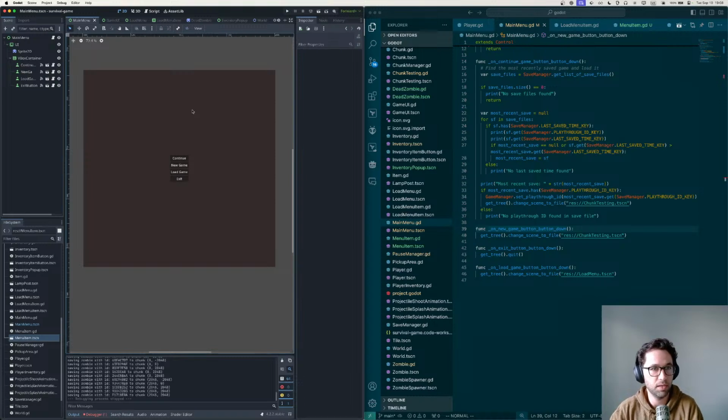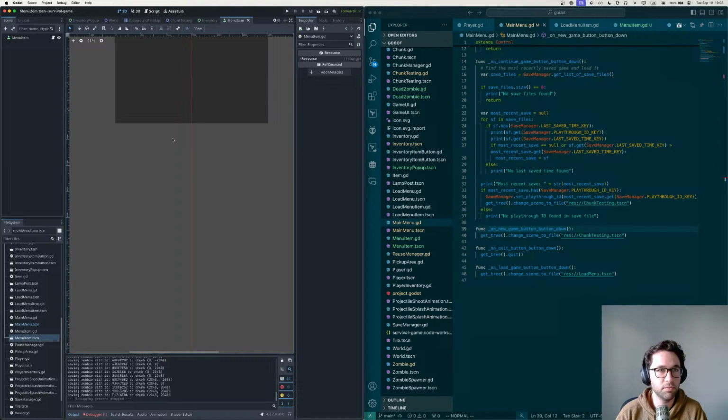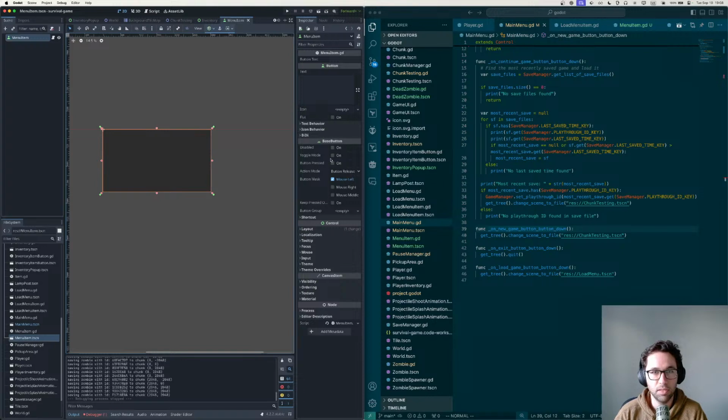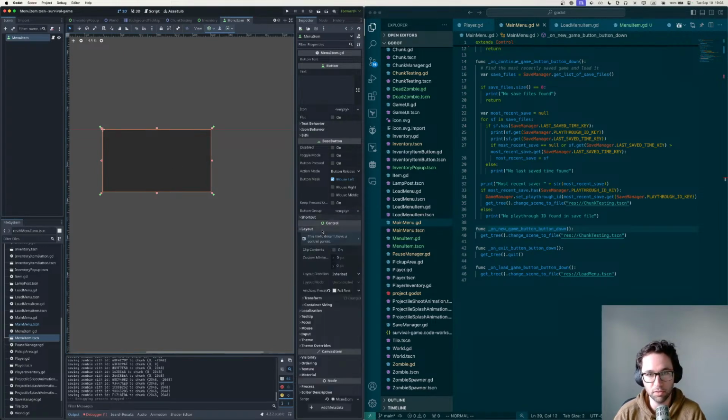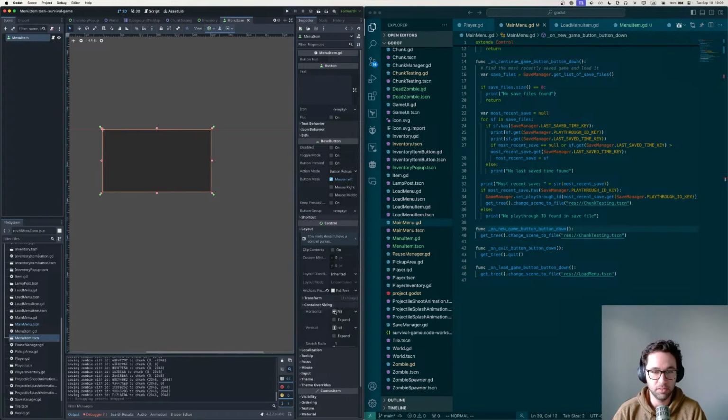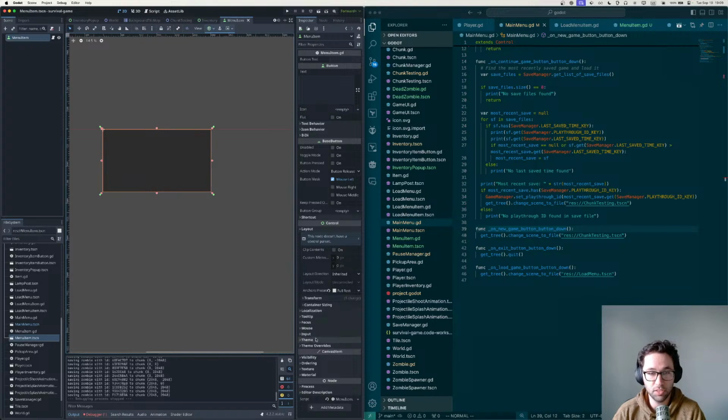Now, theoretically, if I go into the menu item, if I were to make any changes to the menu item, we should see that reflected across all of the buttons. So just for the sake of testing,